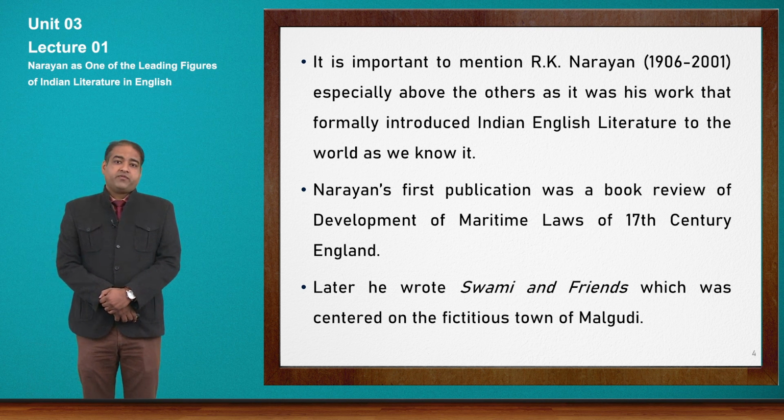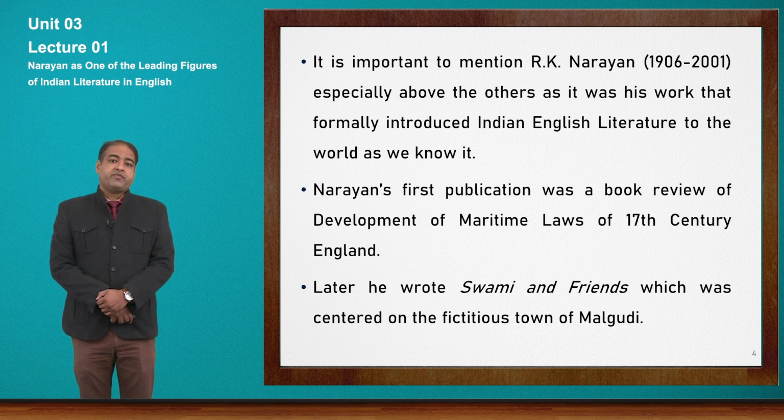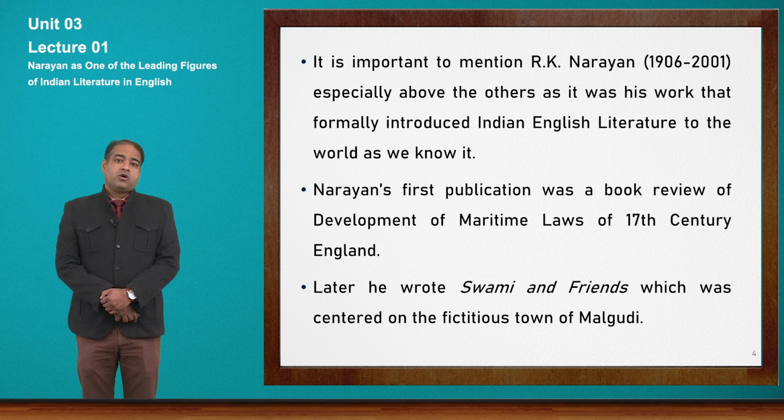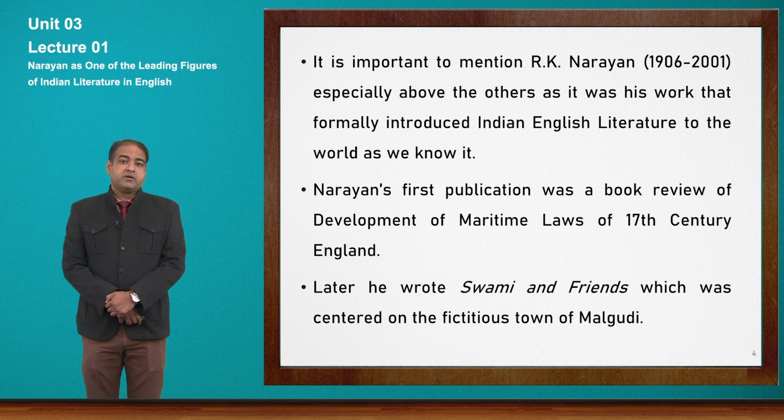This text, Swami and Friends, is related to the nitty-gritty, the routine affairs of the people of this small town, Malgudi. The people have their lifestyle. This place, Malgudi, is the entire world to them. There are many characters who had not even gone out of Malgudi in their entire life. So, you have to understand that this place, although a small town, was very popular among the people of Malgudi. It was their bread and butter to live life in that way at that place.